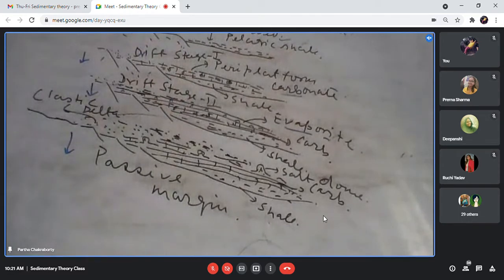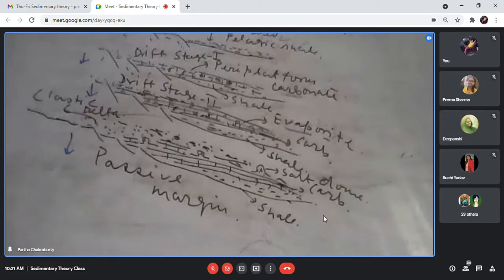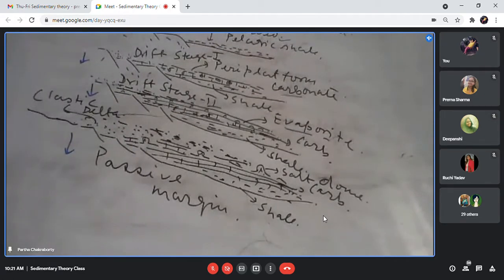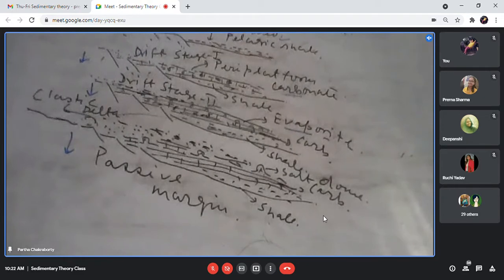It all depends upon the climatic zone through which this part of the rift passes. Suppose presently my passive margin is in a desertic area, where there is very little rainfall and very little river activity. So it is a desertic area, and my passive margin will not get any form of delta. In that case, what will I expect in the passive margin? I will expect the formation of the evaporite and the carbonate. That should be the normal character when a passive margin is in a desertic climatic zone.